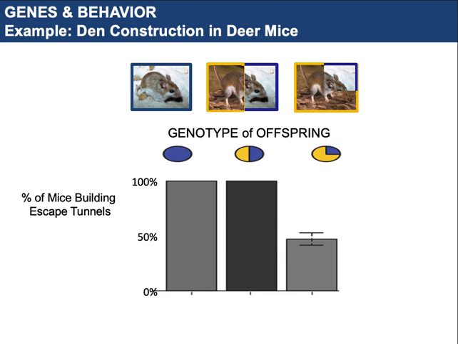And what they found was that escape tunnel building in the longer, more complex dens is a simple Mendelian trait. They also found that the alleles to build the tunnels are dominant. And so the mice who are heterozygous, who had at least one set of genes from the tunnel building species, always built tunnels. In populations with a quarter of the genes from the tunnel builders, only half, or the heterozygous ones, built escape tunnels. The homozygous non-escape tunnel builders didn't build escape tunnels at all.